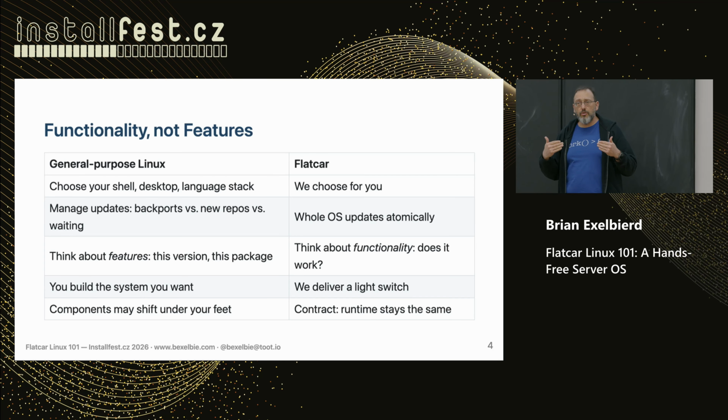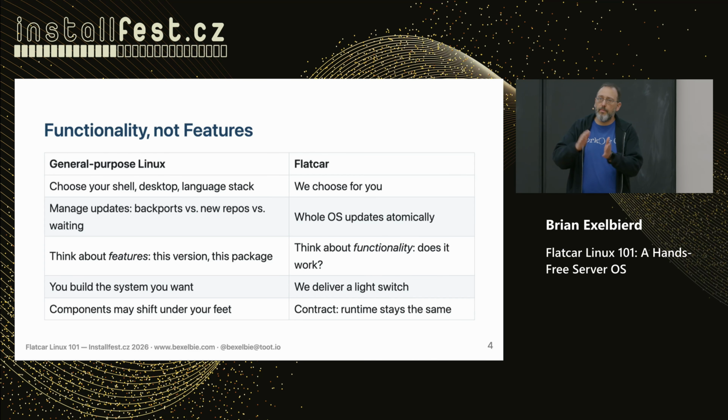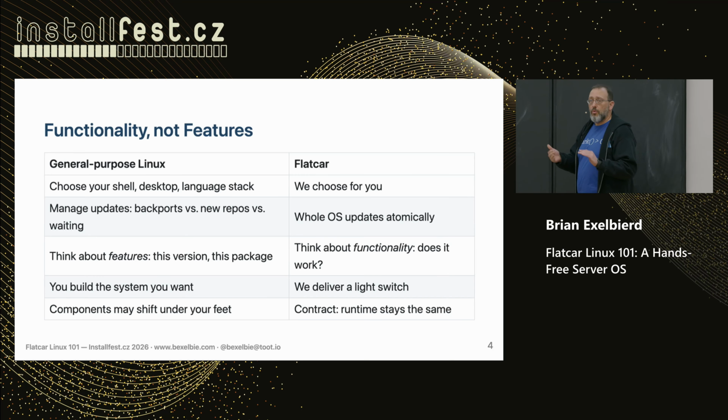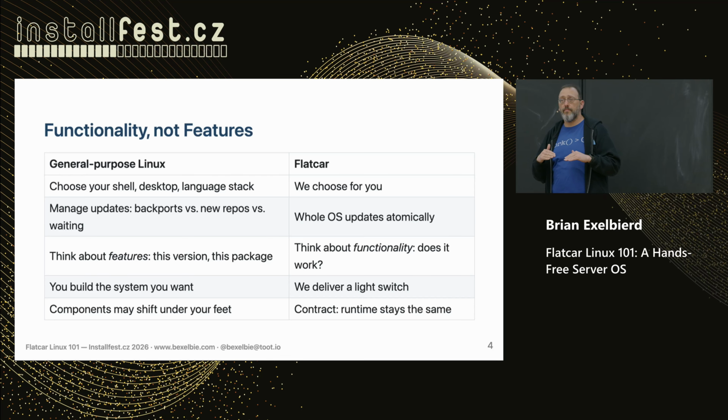And on day 2, those choices continue. You have to decide if you want to update to the next release and watch all of your underlying dependencies change, whether you want to go to the latest version and pull something back to the code you're running, whether you want to add a third-party repository for access to more tools or potentially things that replace stuff you already have. When you look at a special purpose OS, though, we define at the functionality layer, not the feature layer.